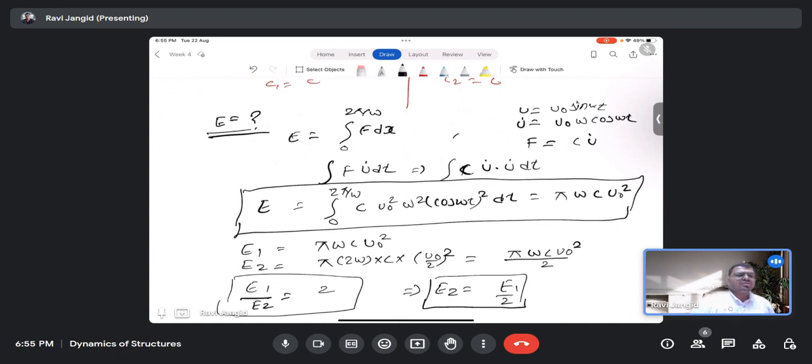So this is a very simple question. These are some objective kind of questions. If you remember this equation, then it is nothing. Okay, any doubt in this question? Anyone? If not,